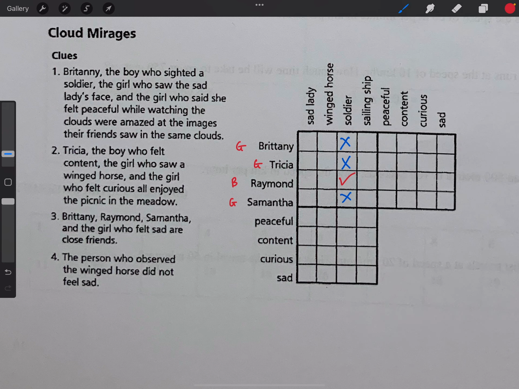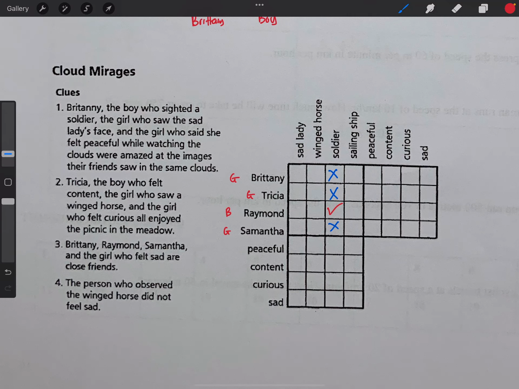Now the next one says, okay, so it's listing out Brittany, the boy who sighted a soldier, the girl who saw the sad face. So Brittany can't be the one who saw the sad lady's face. And the girl who felt peaceful. So Brittany can't be the one that felt peaceful because that's another person. Okay, the people watching the clouds were amazed at the image their friend saw in the same cloud. Okay, the next one says